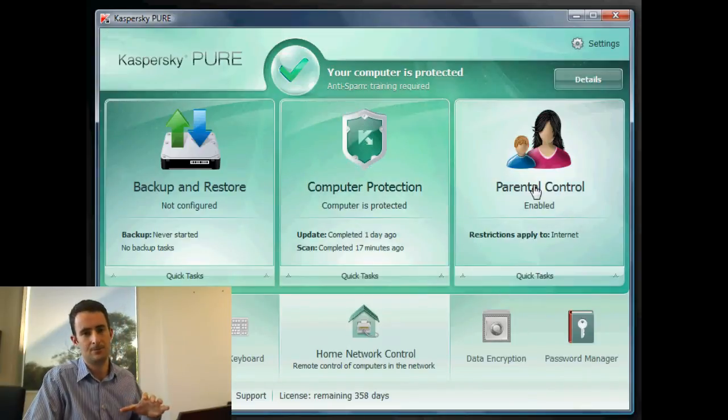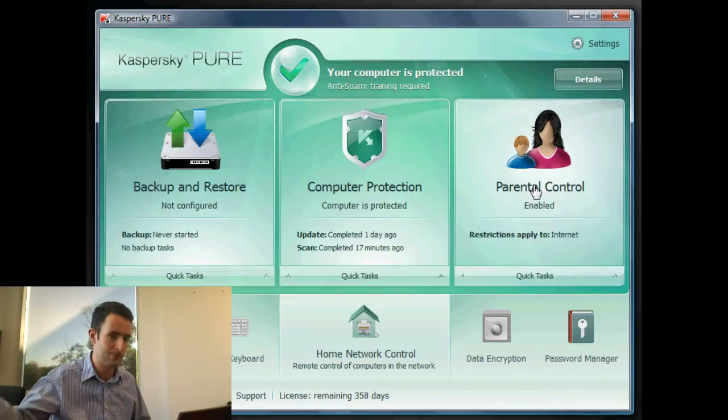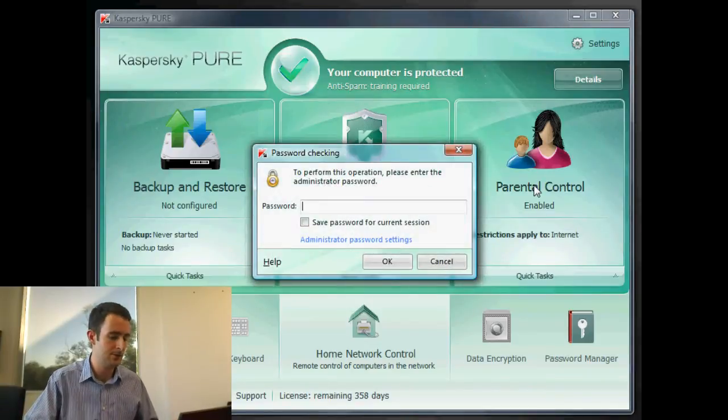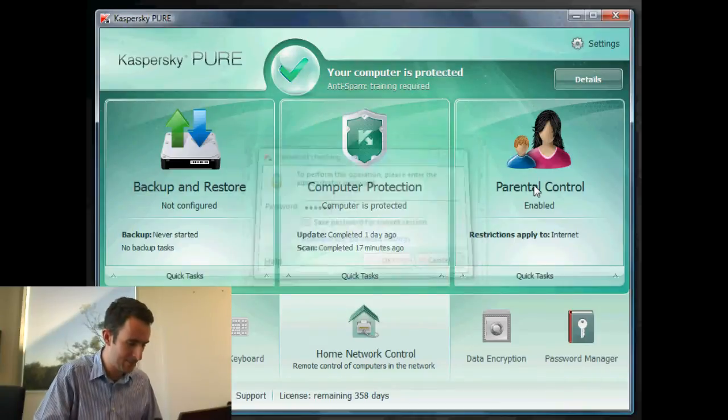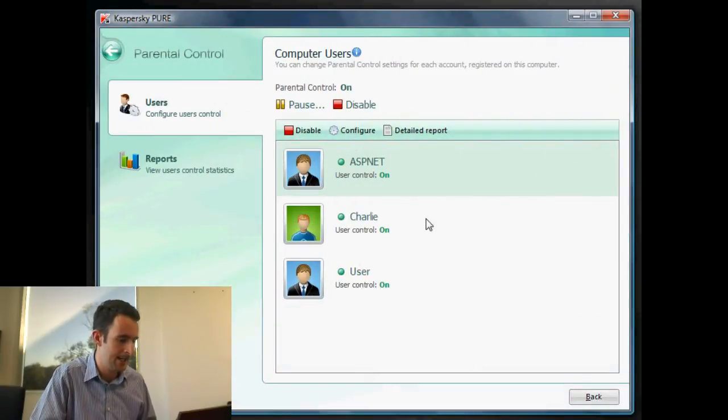The biggest feature for me is parental controls. I'm not a parent yet, far from that, but a lot of you people are parents, and this can be really useful. I've got a secured, gosh, my language today is gone. You have to put a password to get into it. So I'm going to type in my password,